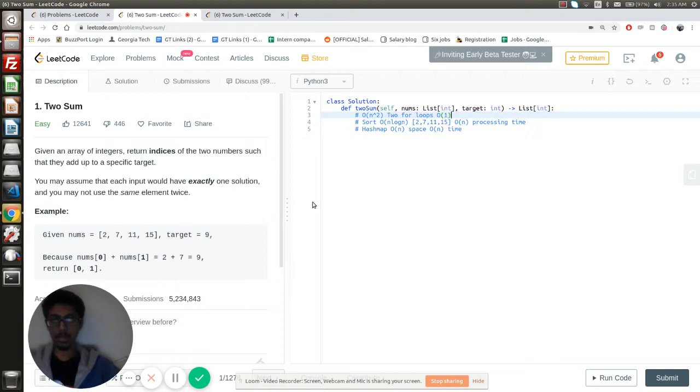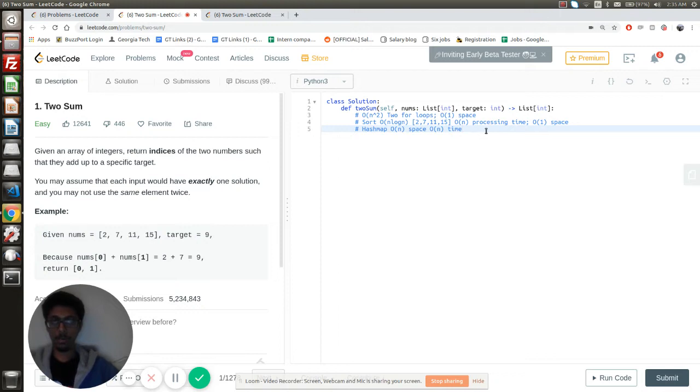For the earlier cases, the space complexity is O of 1, and for this one also the space complexity is O of 1, unless you use merge sort or any other such thing.